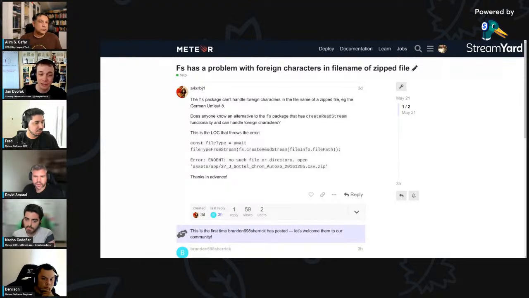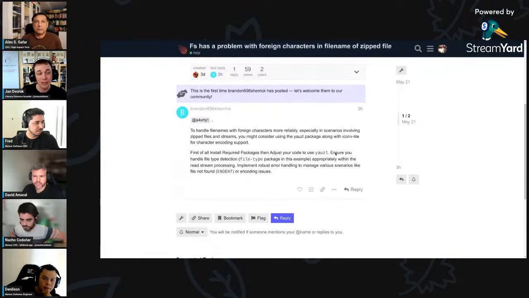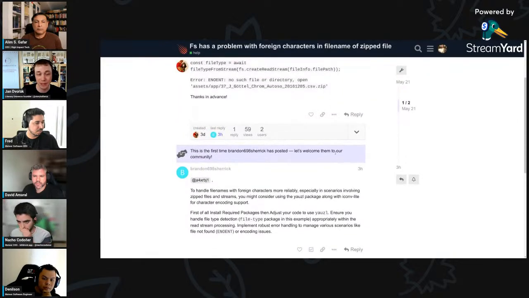So if you have any insight about this, help here would be recommended. Kind of for me, the first thing would be to try to rename it, to remove the special characters, just to have a quick workaround.